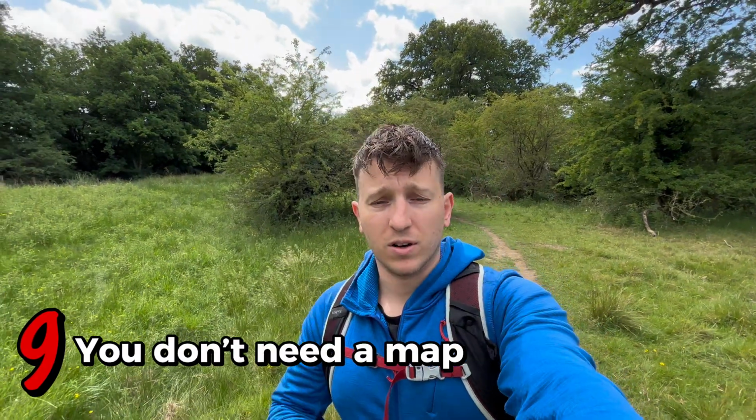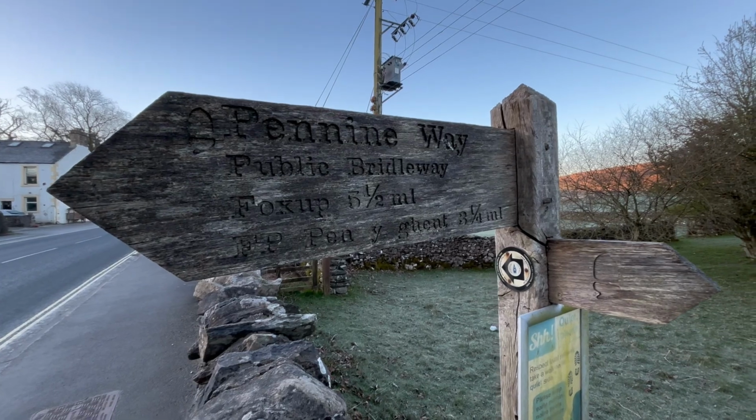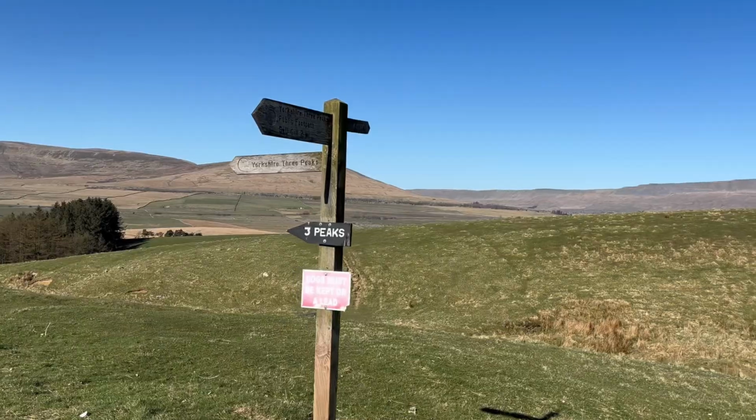Tip number 9, and this might be a little bit of a controversial one, and that is you don't really need a map, or at least I found you didn't anyway. I thought the route was extremely well signposted, and I didn't really need to check it. I had a map and compass with me, and obviously you need to know how to use them for if you do get lost, but I had the route downloaded to my phone on OS Maps,